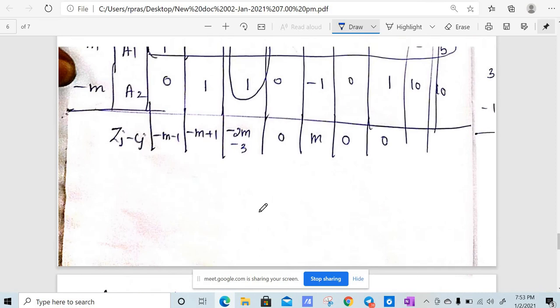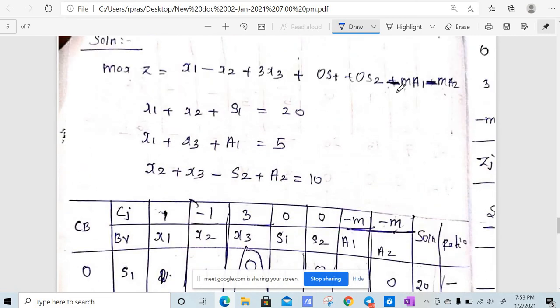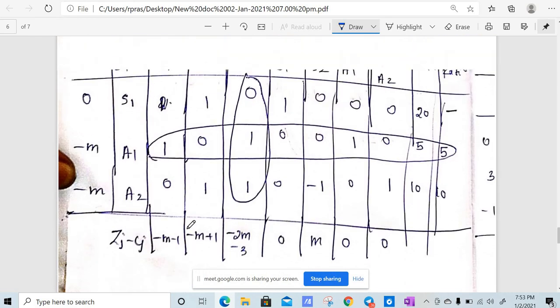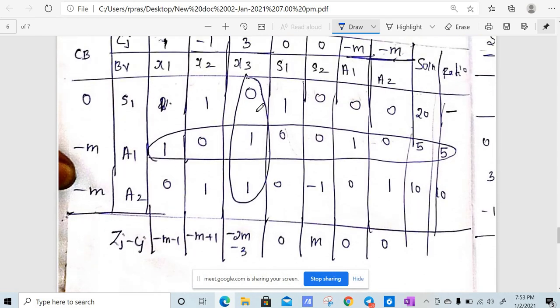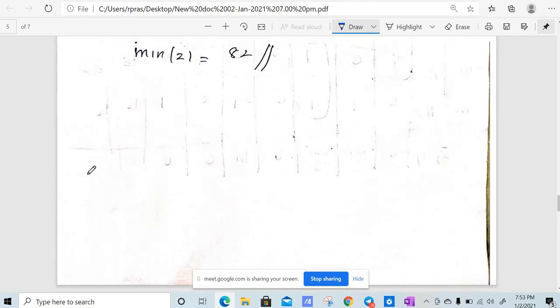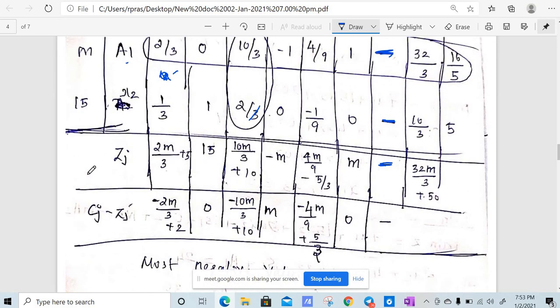The important thing that I haven't mentioned is that here you should add minus M a1 minus M a2 because it is a maximization problem. So minus M a1 minus M a2. Here we have minus M, and here also we will have minus M instead of plus M. All are similar, the only thing is you should have minus M in a maximization problem. So that's it. Actually this is not in our syllabus, but you just go through it. So you just practice all simplex method problems.